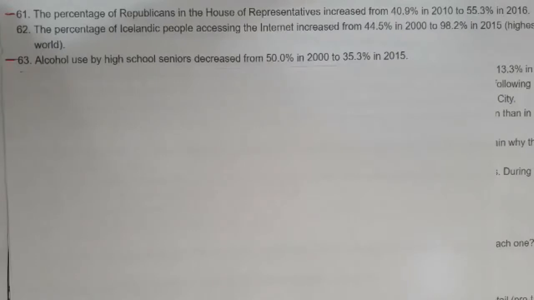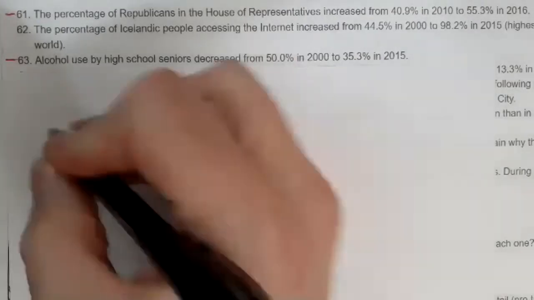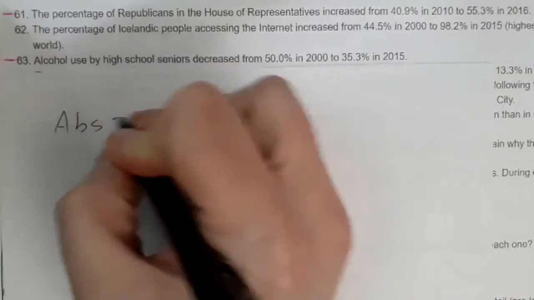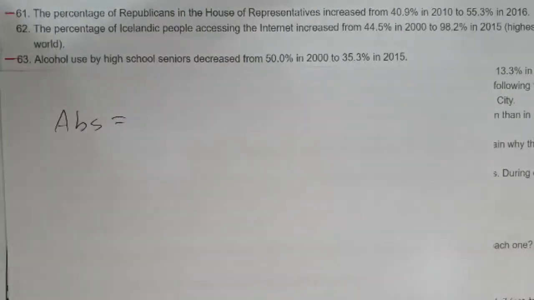Now we're still doing percentages of percentages. Alcohol use by high school seniors decreased from 50% in 2000 to 35.3 in 2015. We are going to talk about some topics today, apparently. Okay, so this decrease from that to that. So if we want the absolute difference between these two,